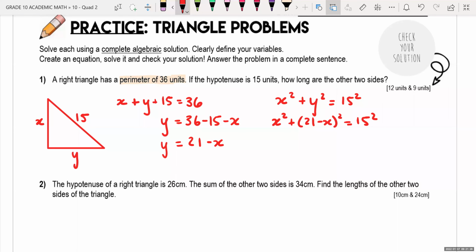Solving this is going to give you really, really massive numbers because 21 is a big number. So just be mindful of that, but you can try it and rearrange it and expand and see what you get. When you do expand it, you should end up getting 2x squared minus 42x plus 216 is equal to 0. And then this will just be plus 108 is equal to 0. And then when you factor this out,